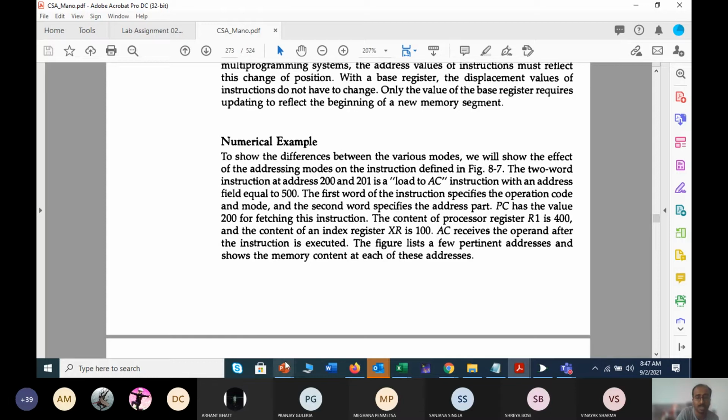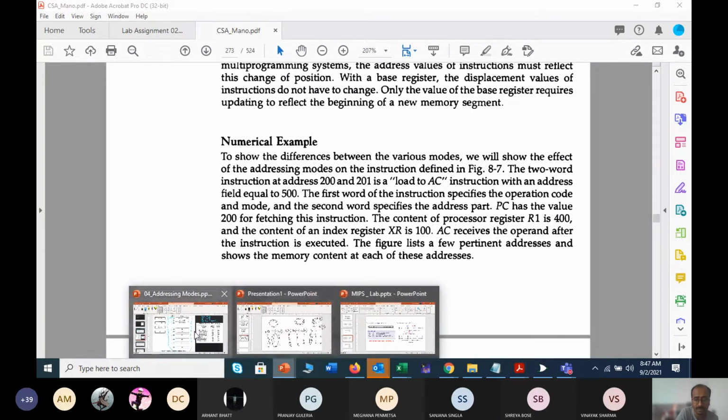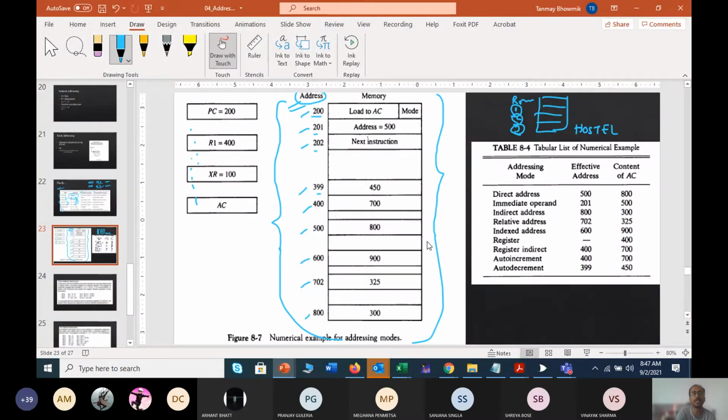In parallel, one more thing you can check: you need not read any question text, just follow the table. What will you find in the first row? One text has been written, like load to AC. In the next row, address equals 500 has been written.